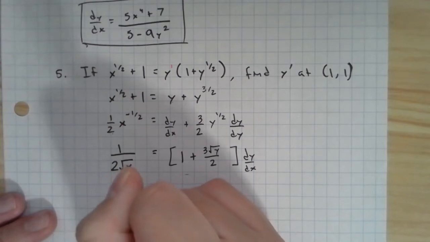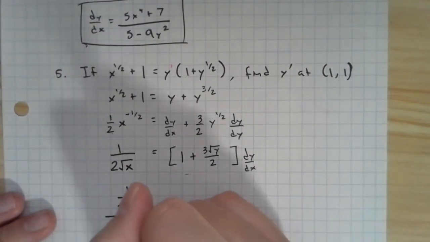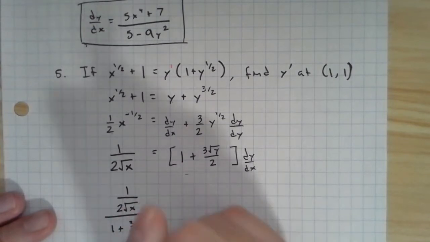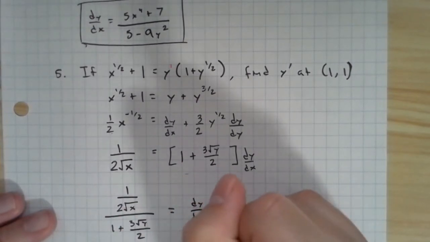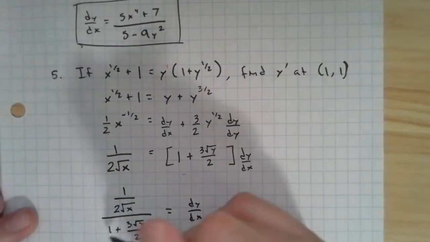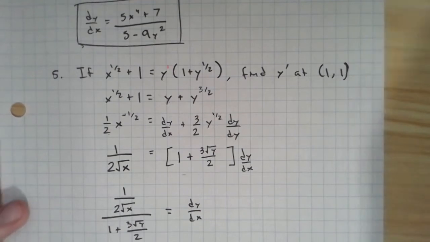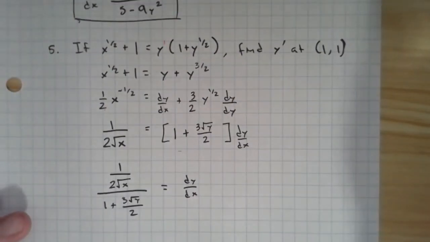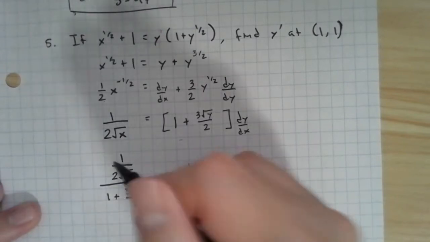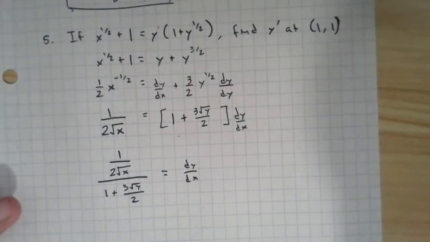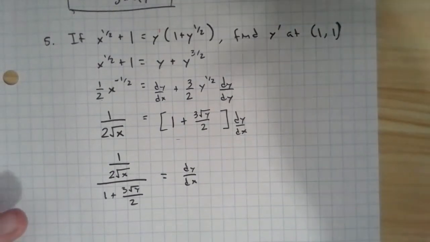So I have 1 over 2 square root of x all over 1 plus 3 square root of y over 2. That's dy dx. And this isn't even, I need to combine the denominator before I can apply the complex fraction rule, right? So I'm actually, now that I pretty much found the derivative, right, even though it isn't cleaned up or anything, I can go ahead already plug in my x and y values